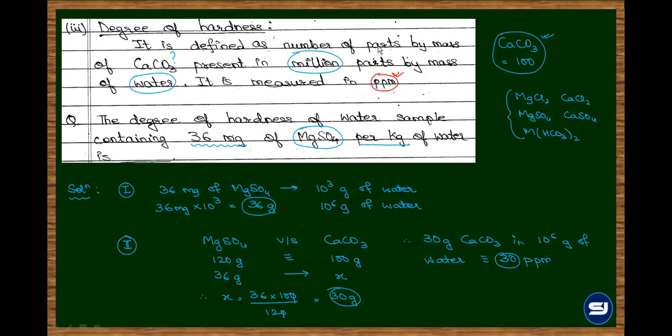Exactly. See, in this case, it was 1 per kg. There are times in which the question might have 500 grams or maybe 1500 grams. So method remains simple. Whatever amount is given, you convert for 10 raised to 6 grams, and then proportionately you compare it with calcium carbonate, you get the hardness का value. खत्म. समझा?